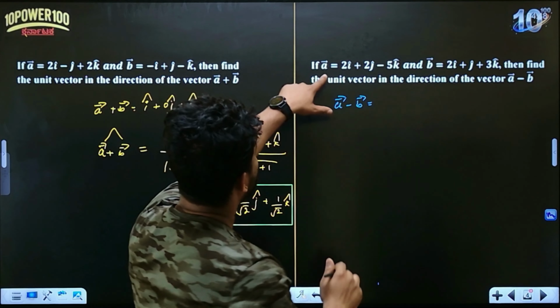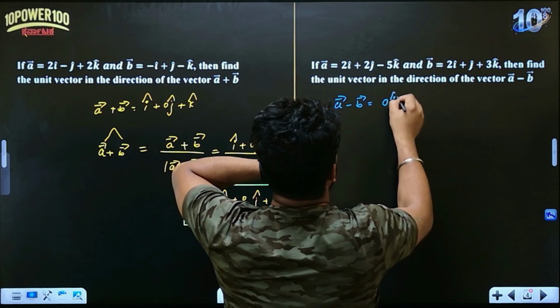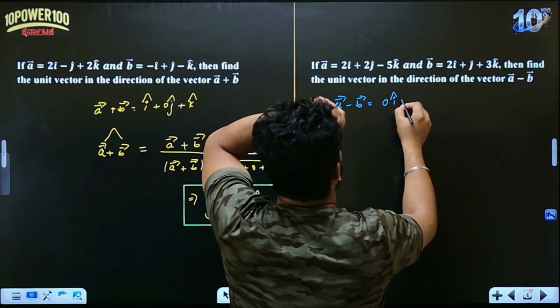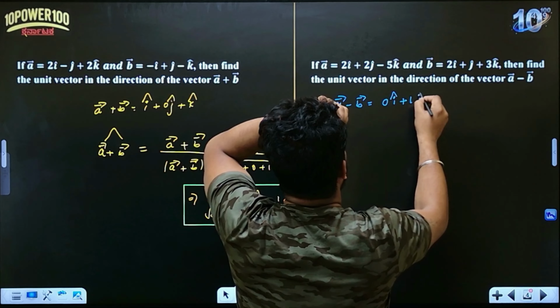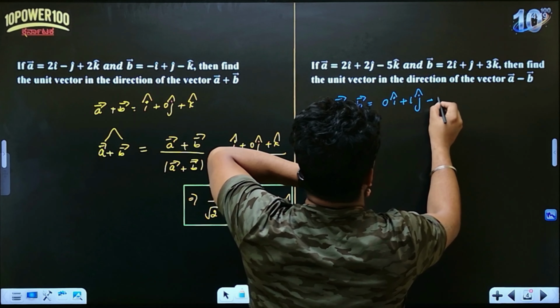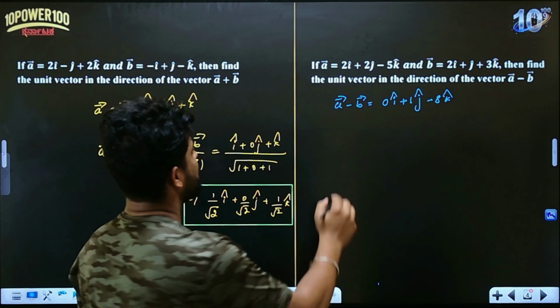ಓಕೆ, ಸೊ A minus B ಮಾಡೋಣ. A is this, B is this. ಸೊ 2 minus 2 ಅಂದ್ರೆ 0 i cap ಆಯಿತು. ಸೊ 2 ಮೈನಸ್ ಜೆ, 2 ಮೈನಸ್ ಜೆ ಅಂದರೆ ಪ್ಲಸ್ 1 ಜೆ ಕ್ಯಾಪ್ ಅಲ್ವಾ. ನೆಕ್ಸ್ಟ್ -5 -3 ಆಗುತ್ತೆ. -5 -3 ಅಂದರೆ -8 ಕೆ ಕ್ಯಾಪ್. ಎ ಮೈನಸ್ ಬಿ ಆಯಿತು. ನಾವು ಲೆಟ್ಸ್ ಫೈಂಡ್ ಔಟ್ a minus